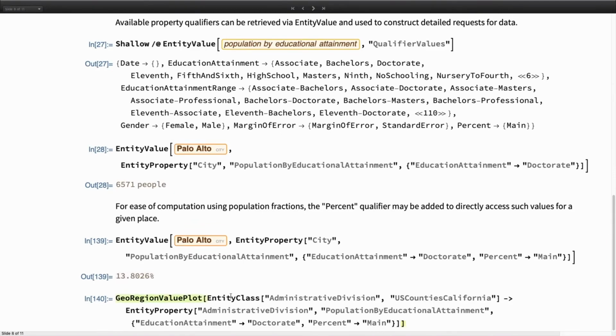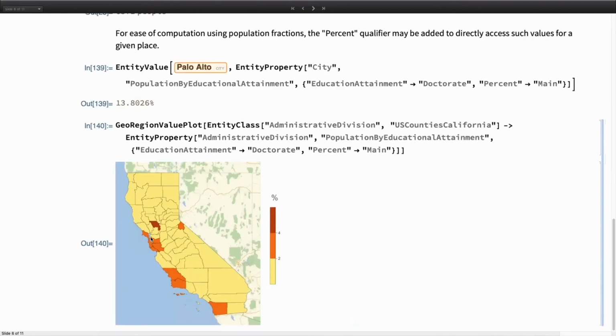Then I could expand that. Let's say I'm going to take an entity class that's all the US counties in California. I'm going to get the population by educational attainment, all the people with a doctorate. Again, look at the percentages and see where all the PhDs are concentrated in California. And really probably not that surprising when you look at it, but still it's an easy way to visualize that kind of data. And you can do that for any of those other properties related to educational attainment, enrollment, income,